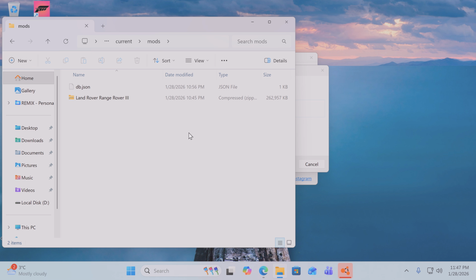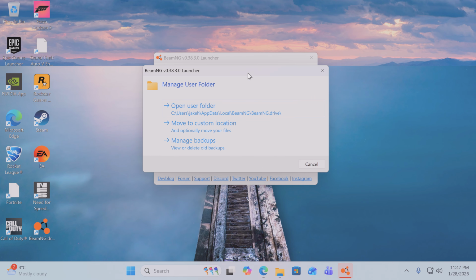Now, obviously, as you can see, I've only got a Land Rover mod in there. I haven't got anything else in there. That's just that. I don't know what this is. I think that's just writing or something. Obviously, once you've got the mods folder, you can then add the mods in, but you won't have the